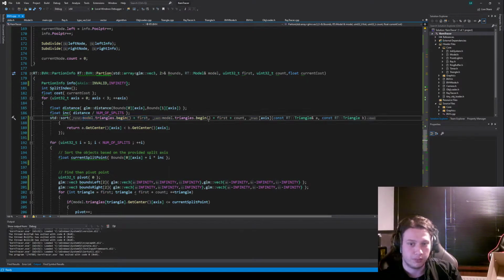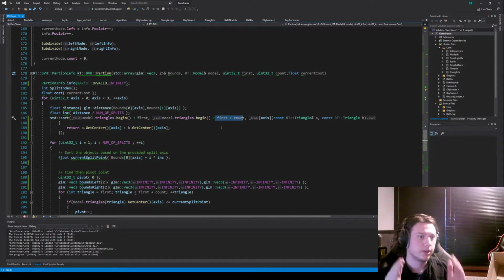So first plus count. So in case we try to partition the node, we move the items around. However, we notice, oh, it's not actually worth splitting again. This area is still, even though it's rearranged, it's still the same area, right? So when we intersect, we still check all the triangles in there. So the order doesn't matter. However, if